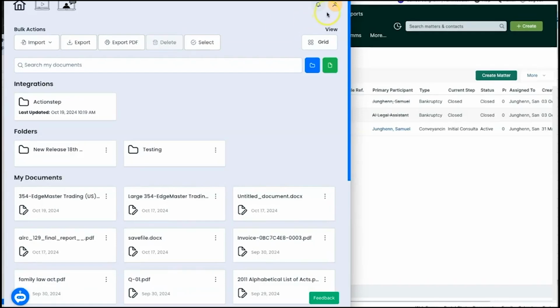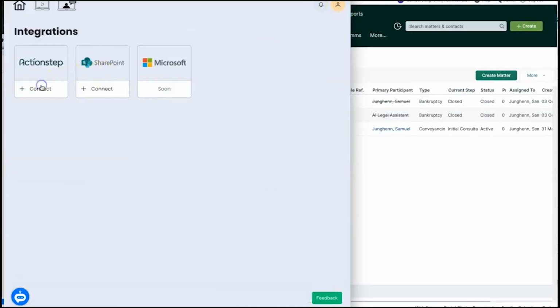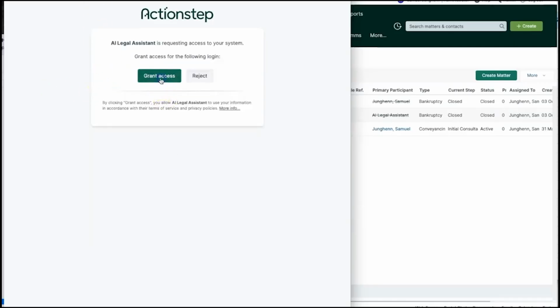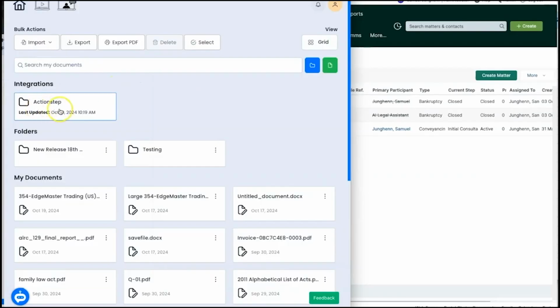If you are using Actionstep as your practice management solution, we have a direct integration. Simply click on your profile image up the top right-hand corner, then click on Integrations and select Actionstep. You will be directed to a page to enter your Actionstep logins to connect your Actionstep account. Once this is done, go to the home page,